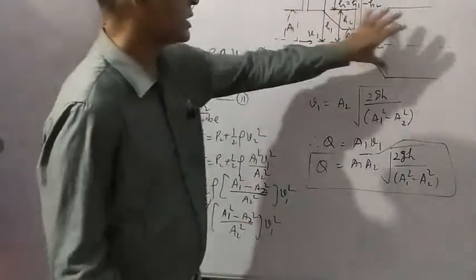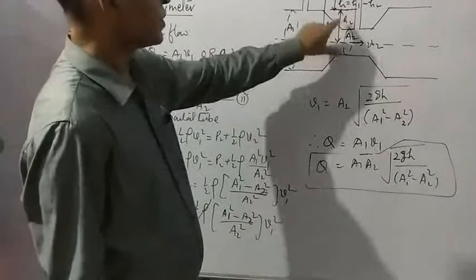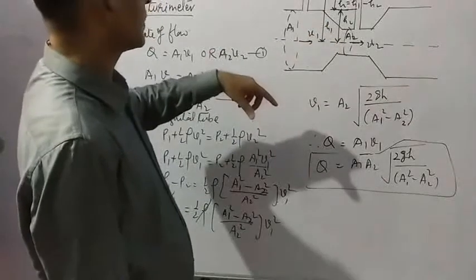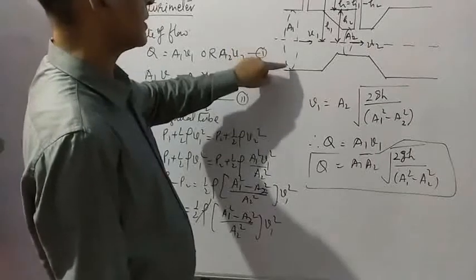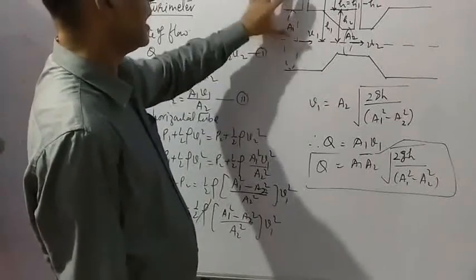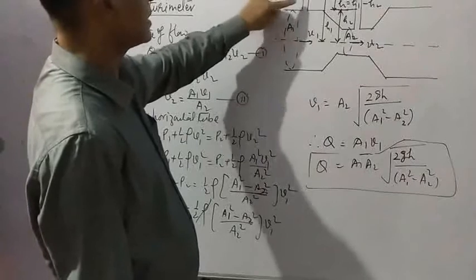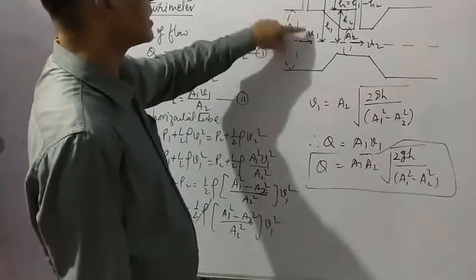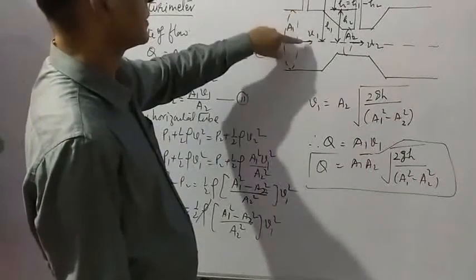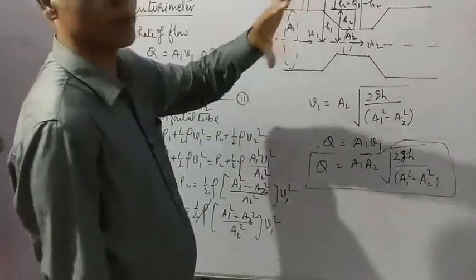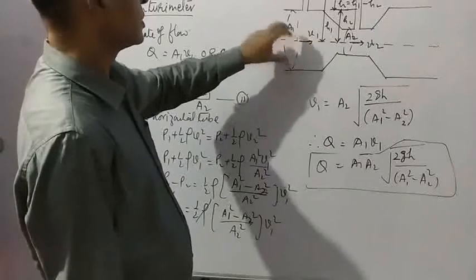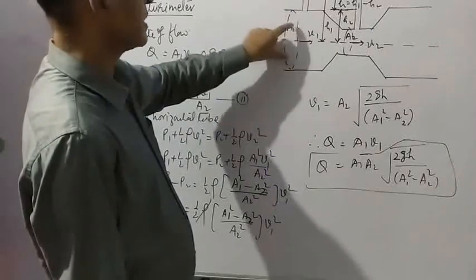It is a horizontal tube, and some portion is narrow. On the broad portion, the cross section is A1, the speed is V1, and the liquid rises to height H1. Two vertical tubes are provided to see the level of the liquid. Since here pressure will be less,